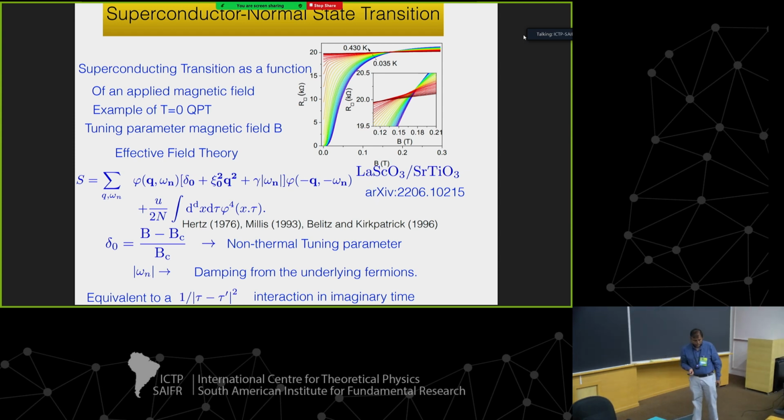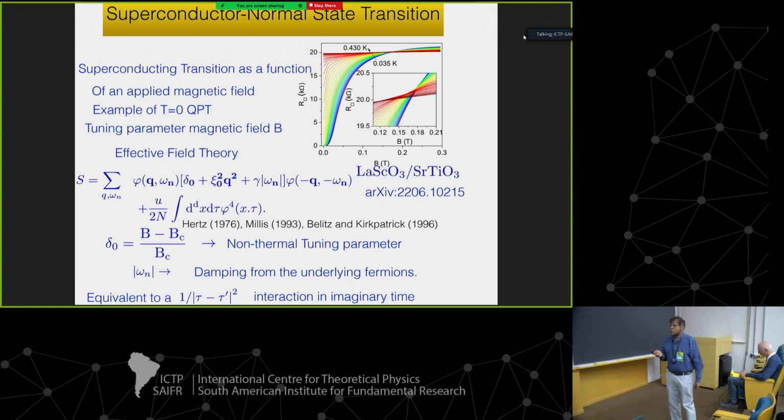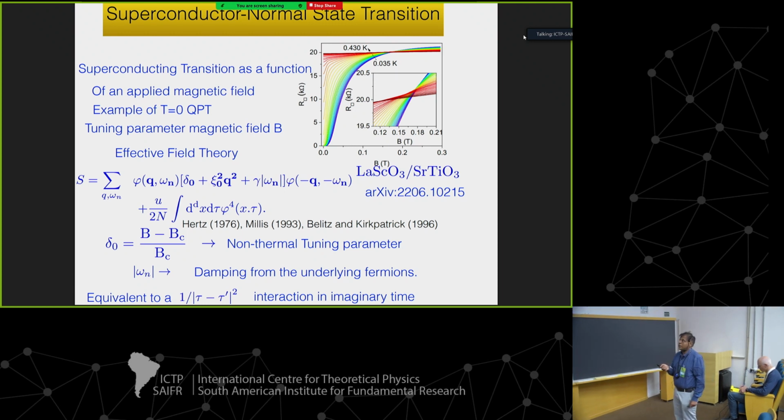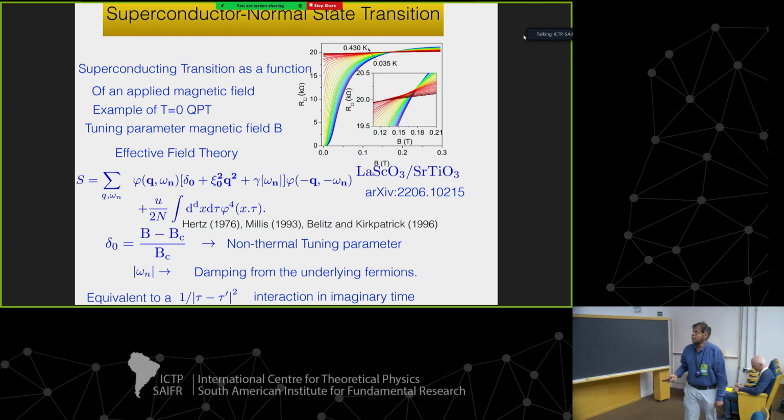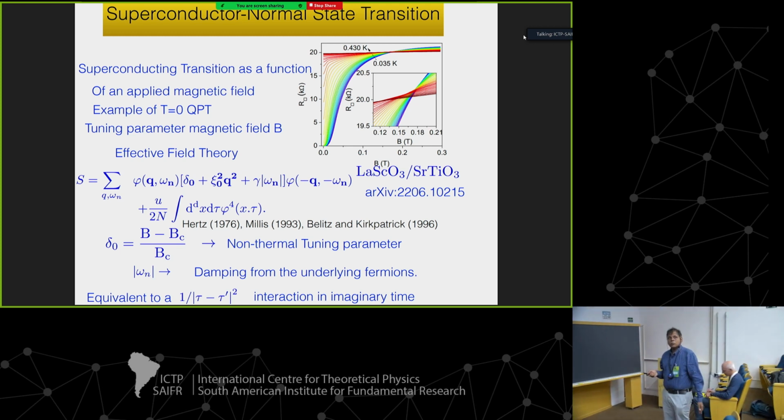So phi is a Hubbard-Stratonovich field, which is a superconducting order parameter in this case. The idea is that you integrate out the fermions. Of course, many of us know that this is not a very straightforward process, and there are issues with this. But let's assume that one can go ahead and do this. And so what you do is you effectively derive a phi-4 type model, where the phi-4 type model effectively lives in d plus z dimensions.